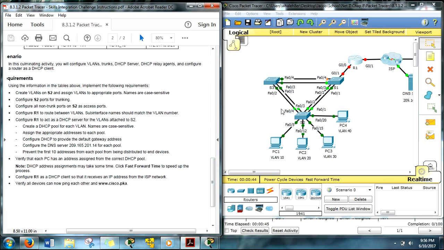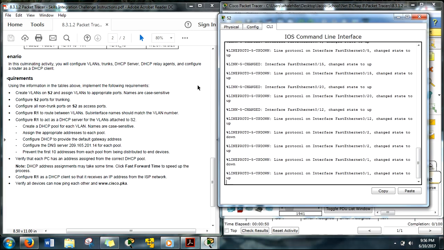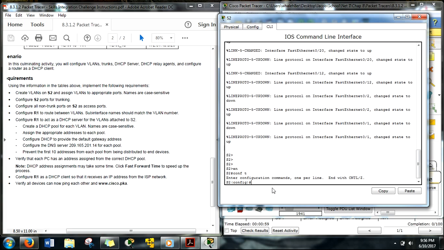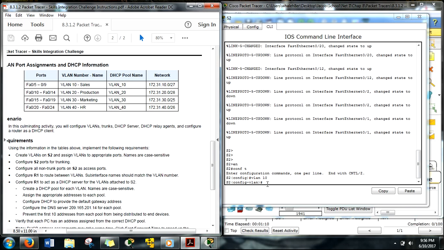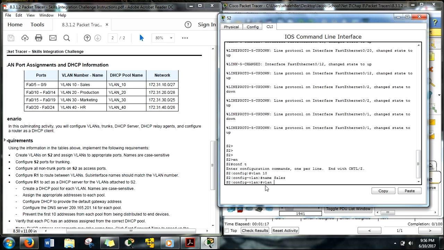So on S1, ta-da, it wants us to create VLANs and assign VLANs to the appropriate ports. Now remember, these names are very case sensitive, and we're not going to get the points that we want unless we do the proper VLAN names. Okay, so 10 is going to be called sales, capital S. Let's do VLAN 20,